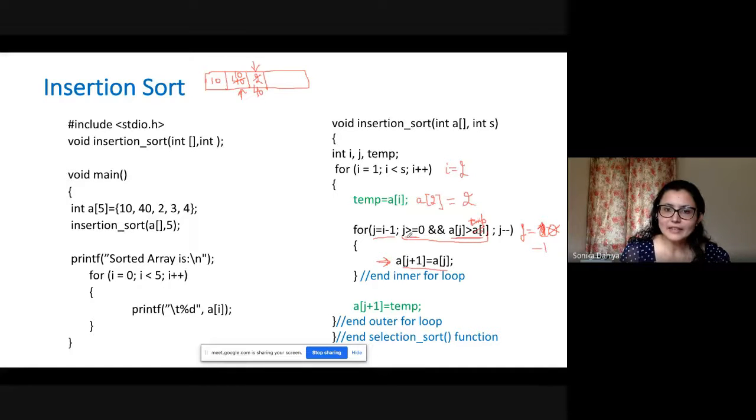Again we check whether j is greater than or equal to 0. No, this condition is false. j is -1, and -1 is not greater than or equal to 0. So we need not check the second condition, as I told you with logical ORs and logical ANDs. In logical AND, if the first condition is false, we need not check the second condition. So the condition is false, and the control will go out of this for loop,